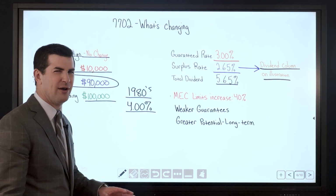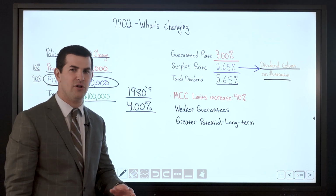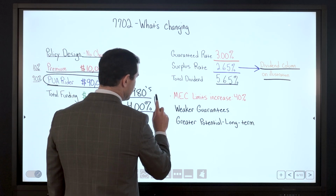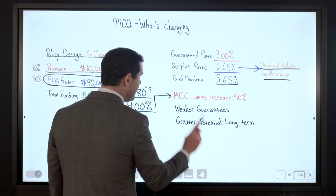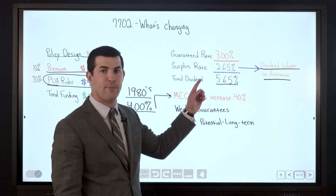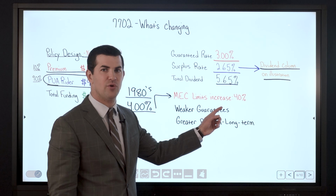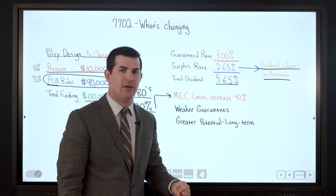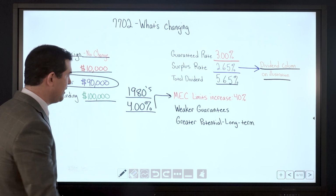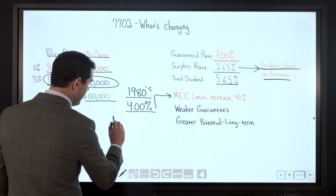Now, what I want to touch on next is something a bit technical, but it is important. The guaranteed rate on a whole life insurance product does impact the MEC limit. So we have here guaranteed rate of 3%, MEC limits increase by about 40%. Let's start with the 4% guarantee that has been around for a long time. If I take an age 40 male,